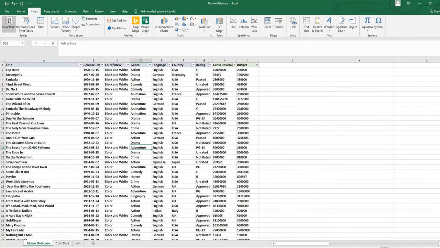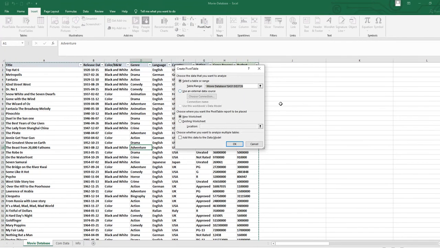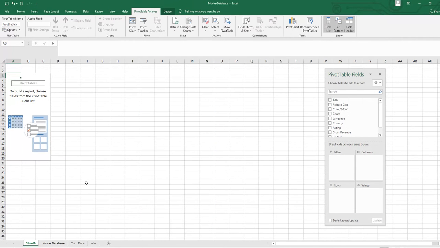Then you have to go to the insert tab, and in the insert tab in tables group you will see the pivot table. Then you have to click on pivot, and it will ask you where you want to make your pivot table. To the new worksheet, and this is fine. Just click OK, and we have a new worksheet. Here we are going to make the pivot table. So these are the four boxes which we have discussed earlier.